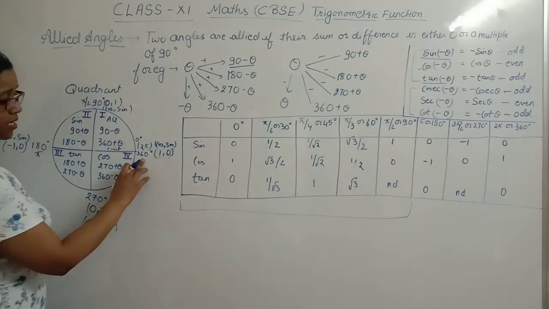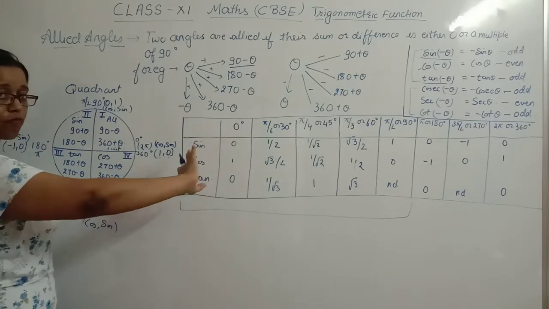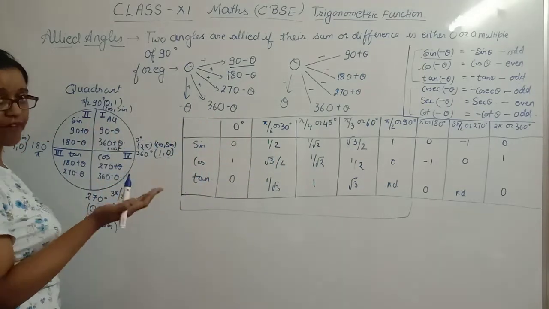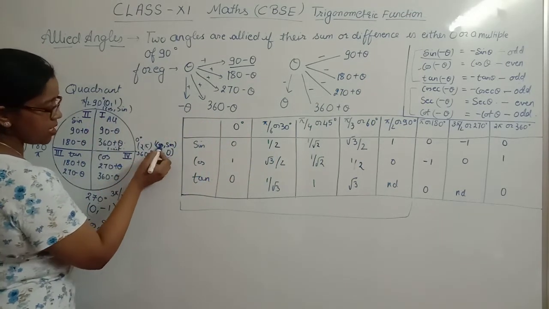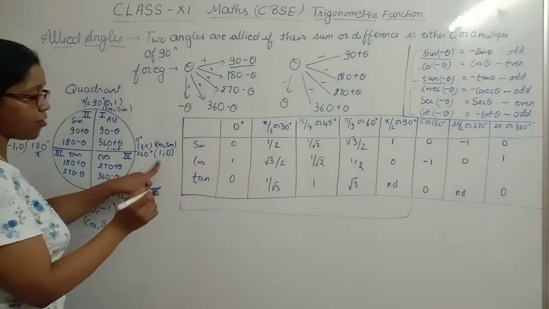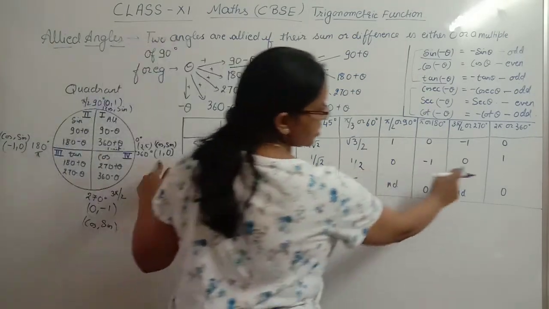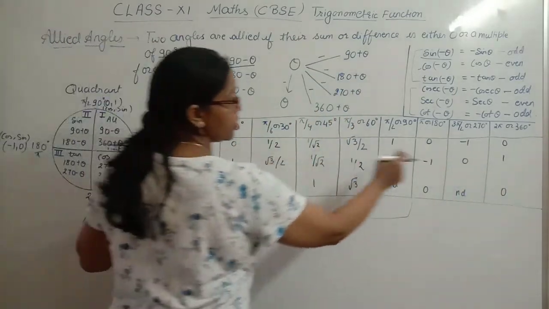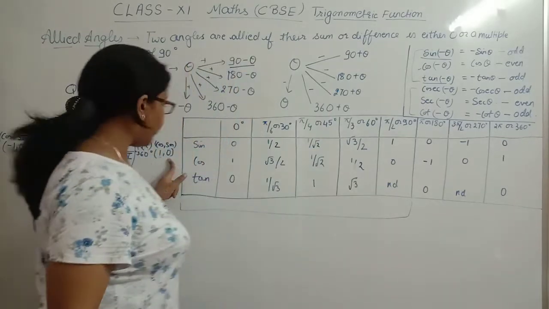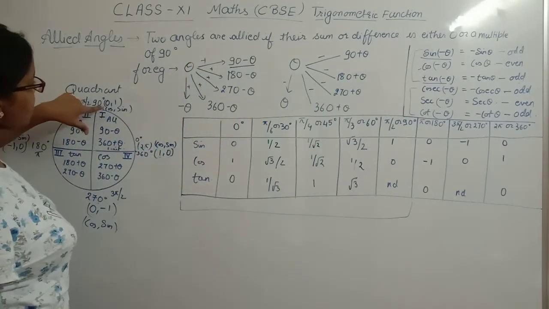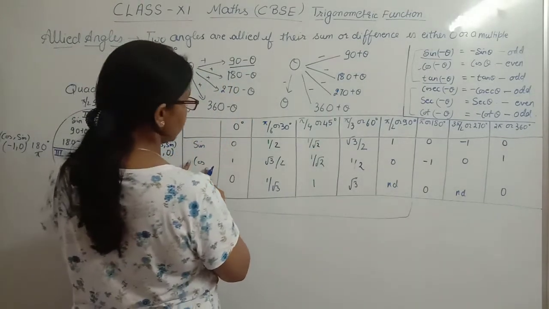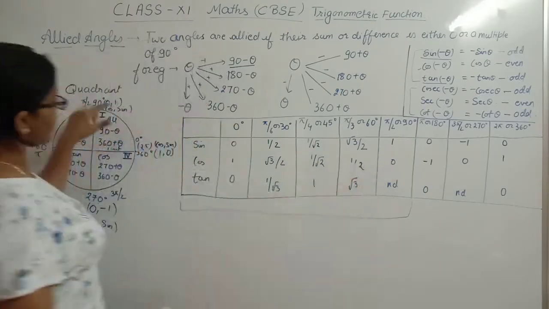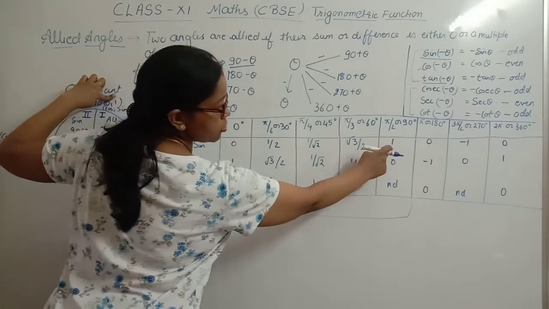So cos 0 you have already learned, so we are not talking about the 0 to 90 degree. I have written it just to make you revise. Okay, so now coming to cos 360, that is equal to 1. You can check over here. Cos 360 is equal to 1. Sin 360 is equal to 0. Now coming to this one, cos 90 is equal to 0, and sin 90 is equal to 1.